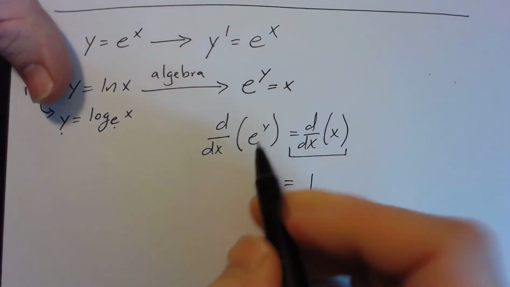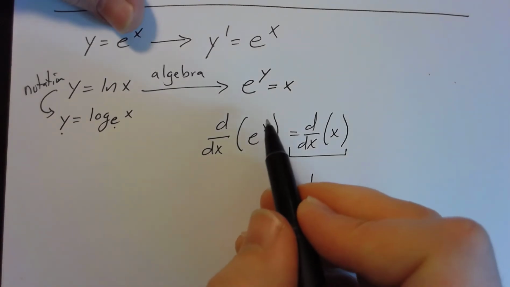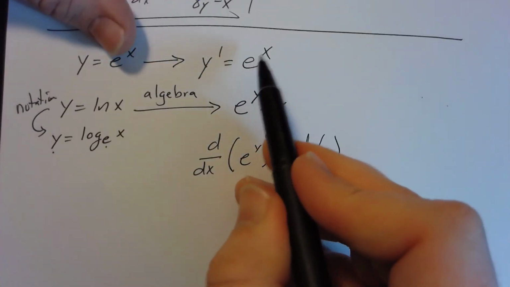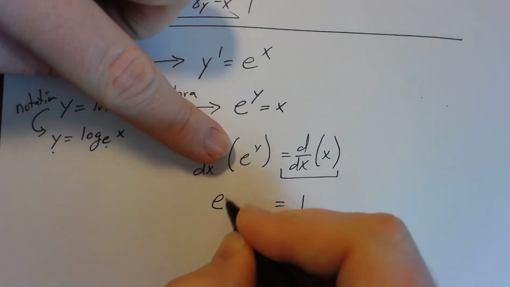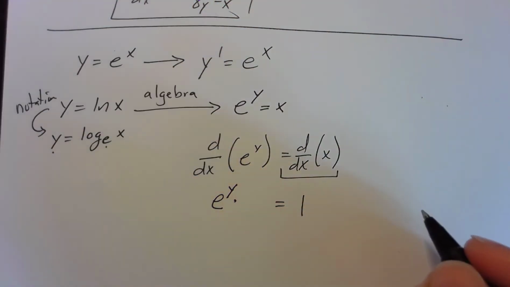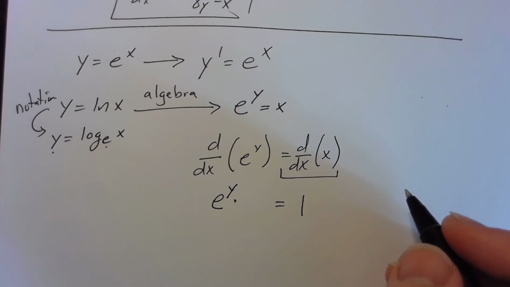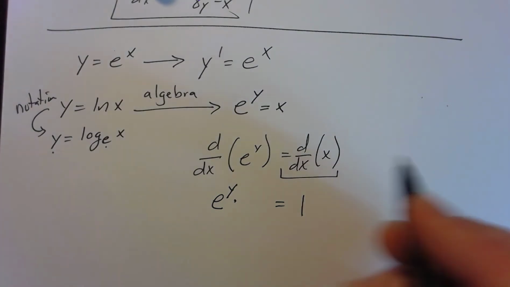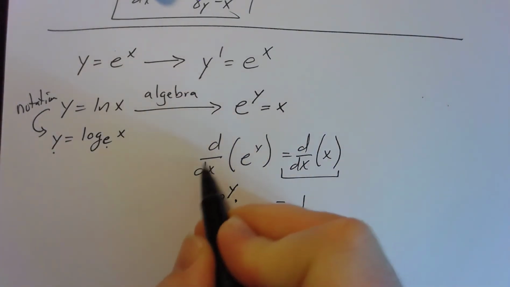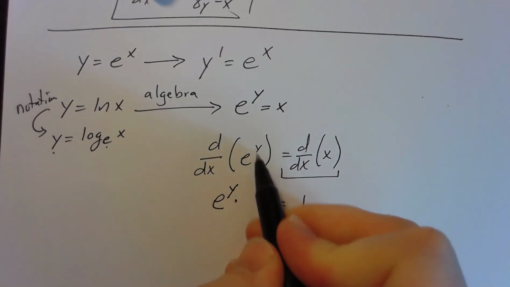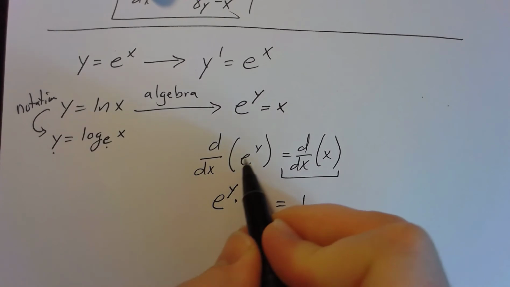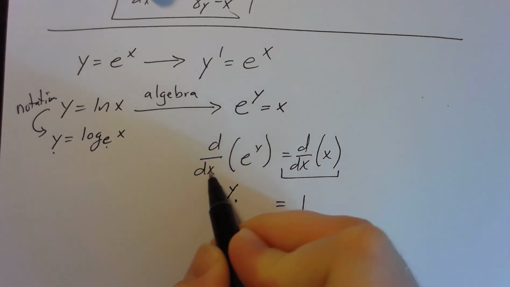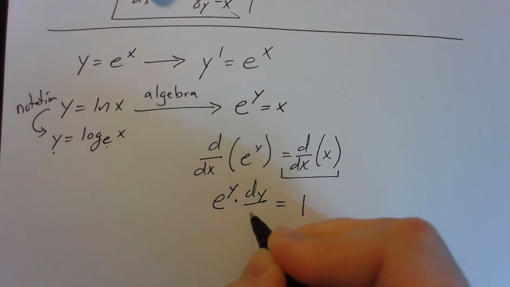That part's easy. Now, what is the derivative of e to the power of anything? Well, the derivative of e to the x is e to the x. So the derivative of e to the y should be e to the power of y. However, again, don't forget that the chain rule must be applied if the derivative we're taking is in a different variable than x. So this is in terms of y. My function that I'm taking the derivative of is in terms of x. So what is the derivative of a function of y with respect to x? Well, once again, dy